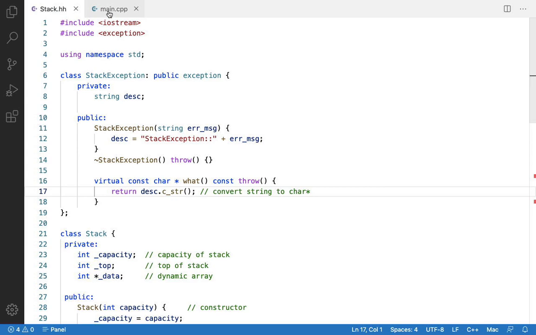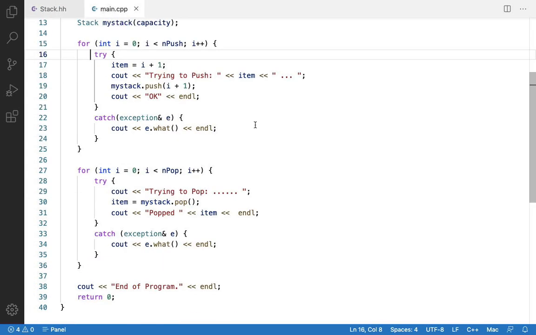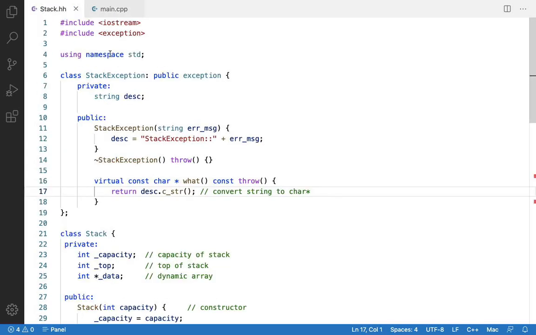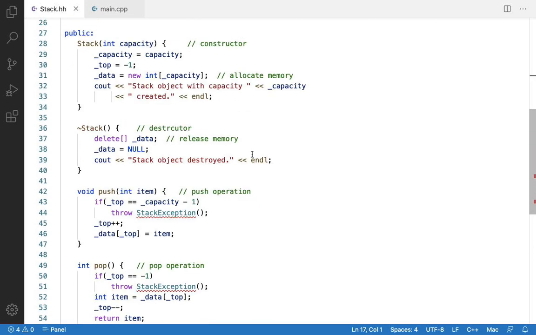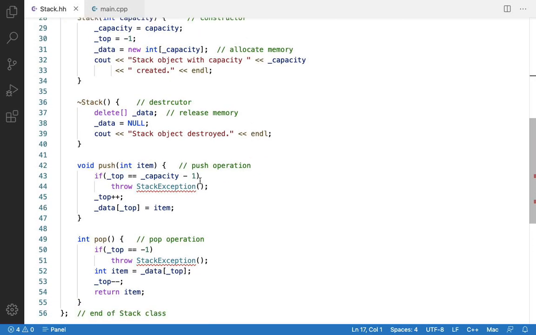So go to the main.cpp. In the stack class, whenever you are throwing the exception, so this is the push operation. Let us throw overflow, and in pop underflow. So save it,